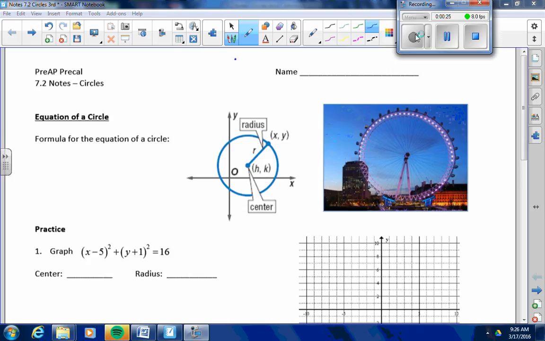With a tire on the car, is it important where the center is? What if the center was off a little bit? Then how does that work on the tire? It's not going to work too well, is it? You may be able to go forward, but are you going to be able to go forward very fast? No, and then it's going to be a little awkward trying to go forward. Okay. All right. So the general equation of a circle is